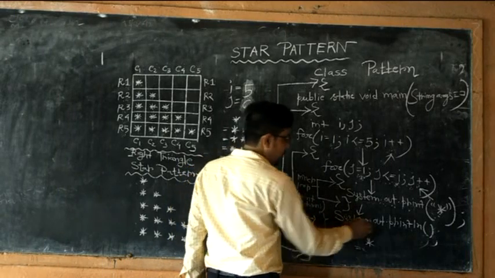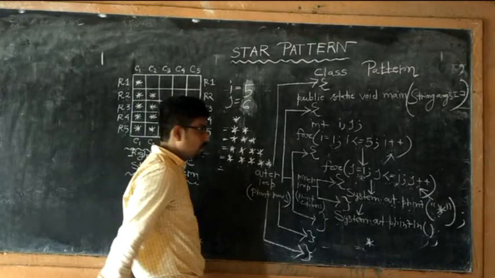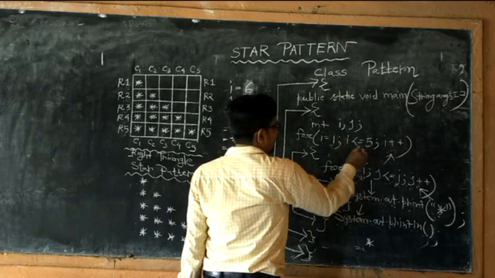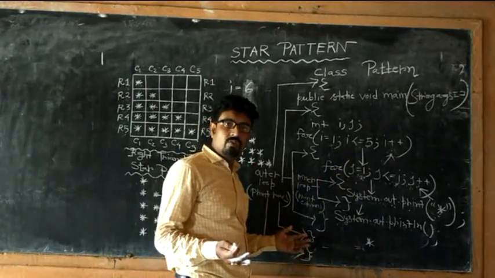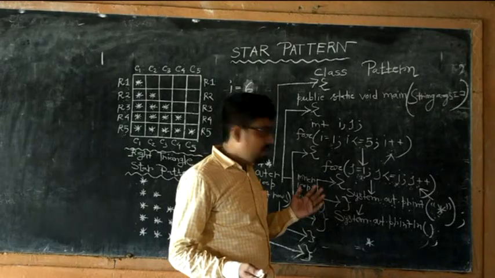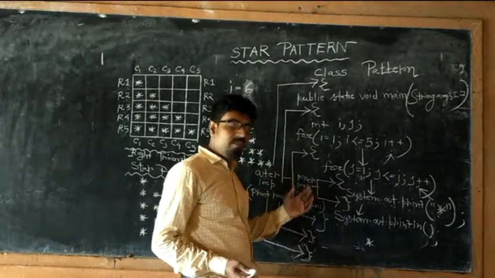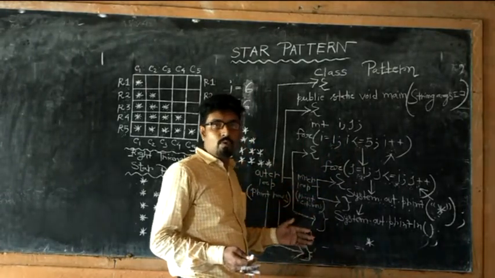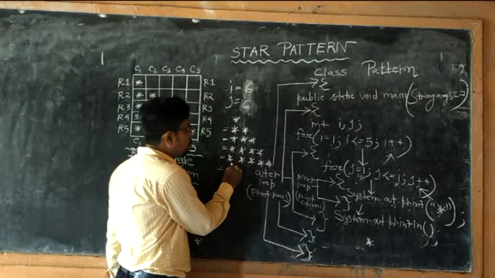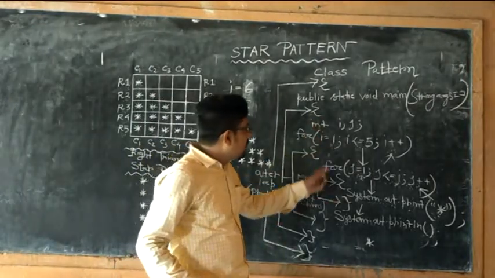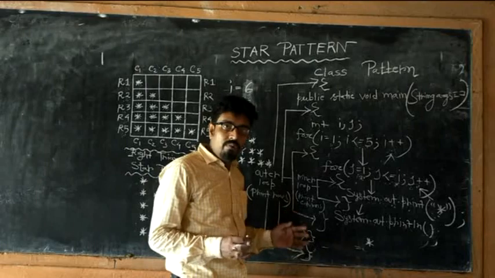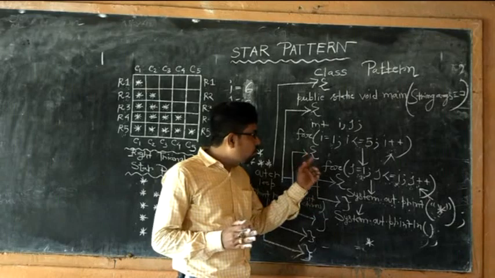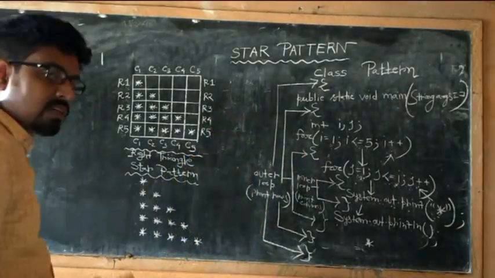The outer loop section, System.out.println. The cursor comes here and blinks there. Now i plus plus. i is becoming 6 now. 6 less than or equal to 5, condition totally wrong, students. 6 is higher than the number 5. So 6 less than or equal to 5, our condition is wrong. Then it will totally abort and exit from the program. So up to this point, your pattern problem will be solved using this inner and outer loop logic, students. I hope everybody has understood my program and I wish everyone can implement this program on your personal PC, students.